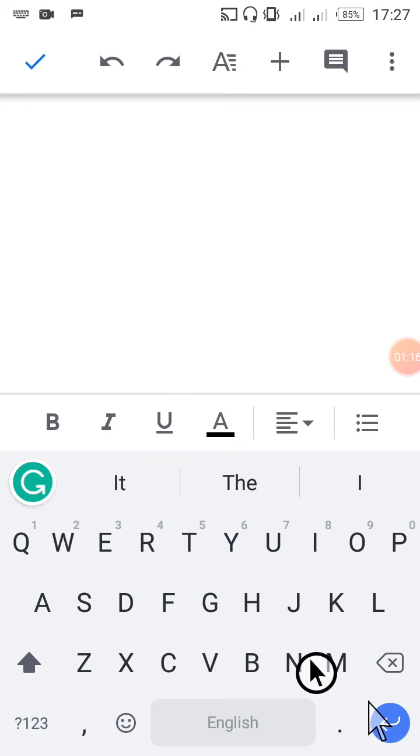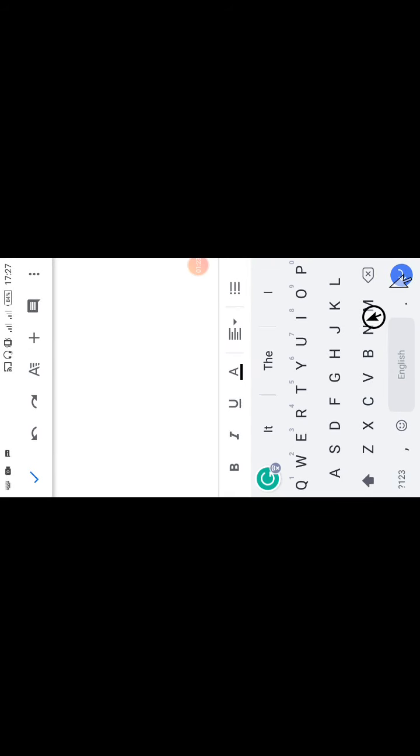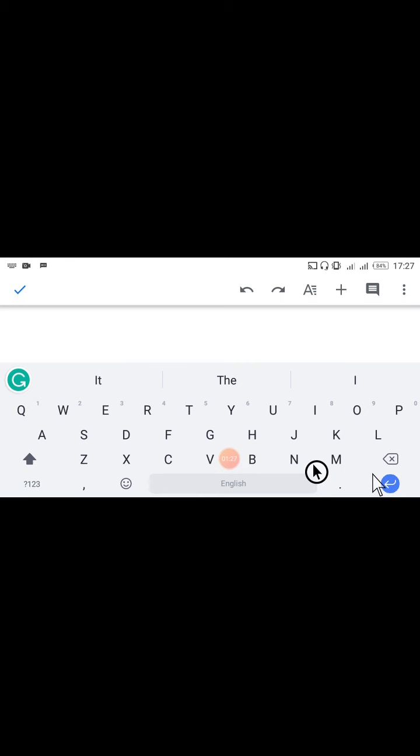So once it's open, I would like to bend my screen so that I can see what I'm doing. So I will change the orientation of my screen. You see, it has been changed. So the next thing I will do is